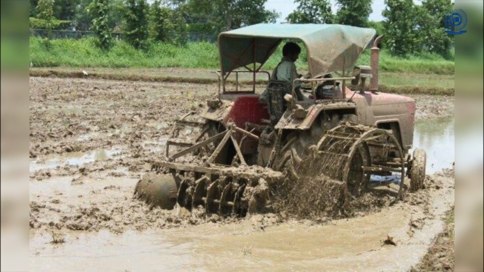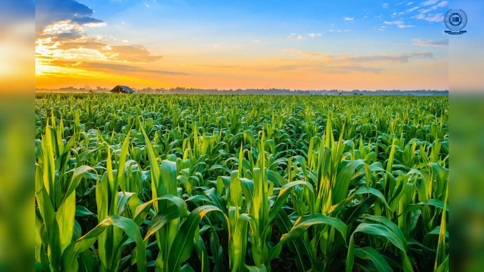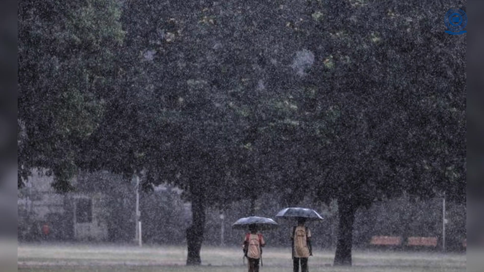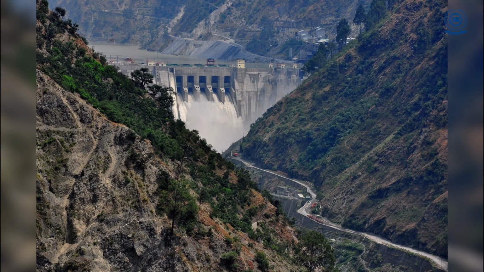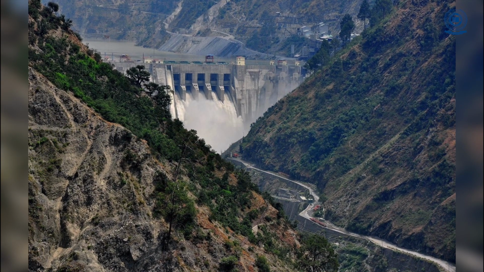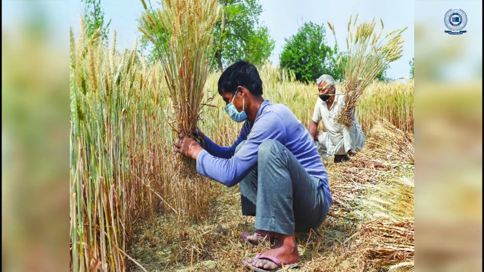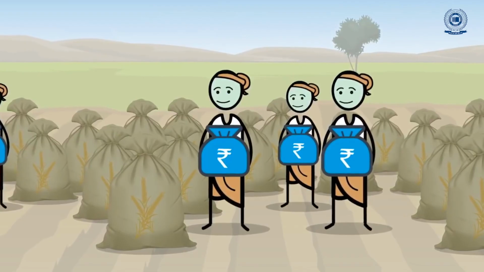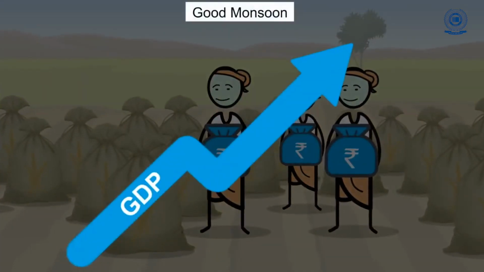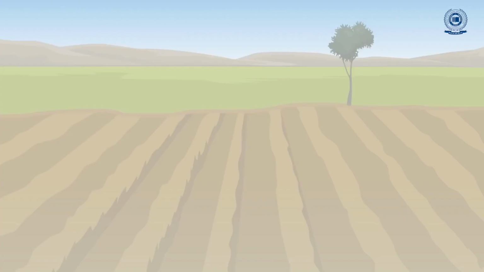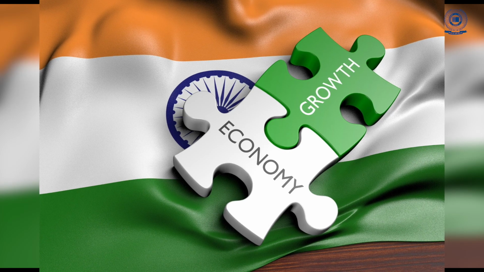Most of the Kharif season crops such as rice, soybean, sorghum, pulses and oilseeds are planted with the arrival of the monsoon. Further, monsoon helps the power projects on the perennial rivers to generate electricity to be used for irrigation facilities on agricultural lands. A good monsoon leads to bumper farm output that keeps the food prices under control. On the other hand, poor monsoon can have rippling effect on India's economy and growth. A strong correlation has been established between monsoon and GDP in the past.